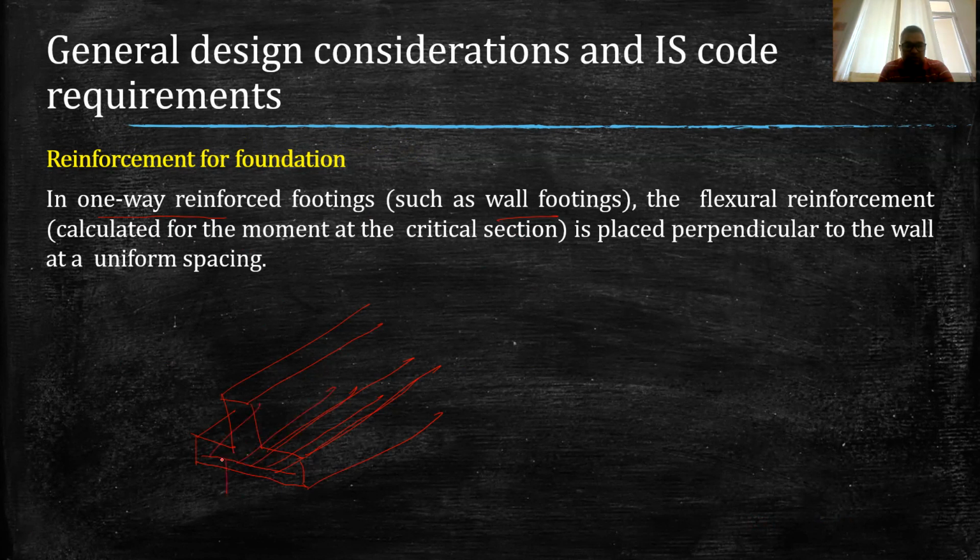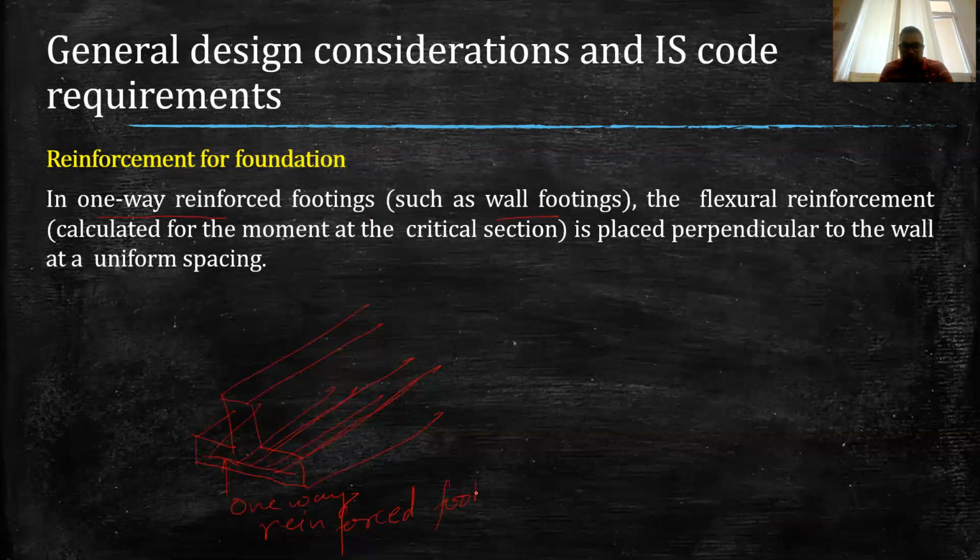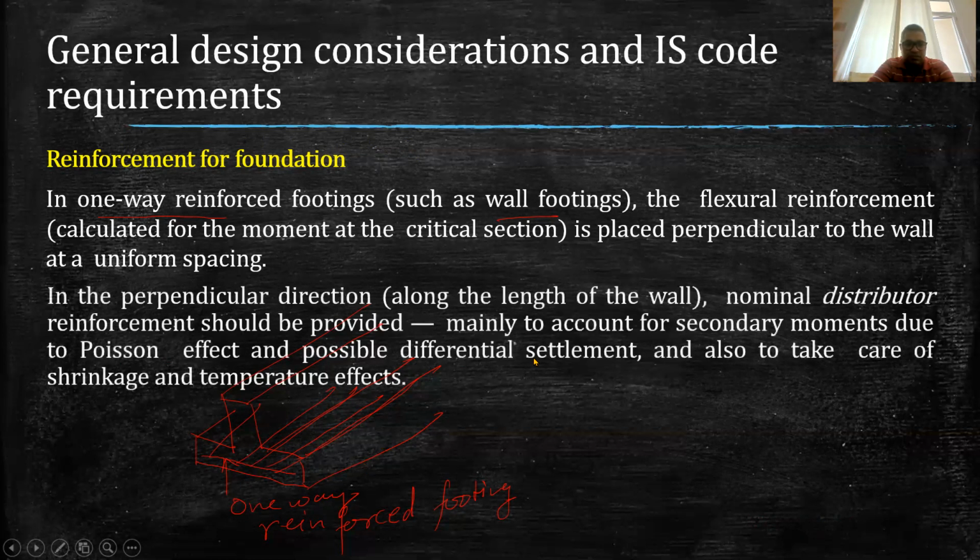Therefore, in this scenario, we provide main reinforcement along the shorter span, and that is why this is called the one-way reinforced footing. This reinforcement is calculated based on the bending moment calculation at the critical section. In the perpendicular direction, we provide distribution reinforcement